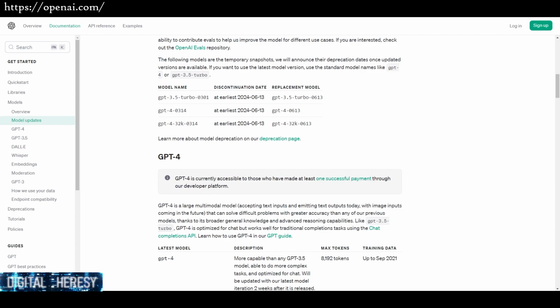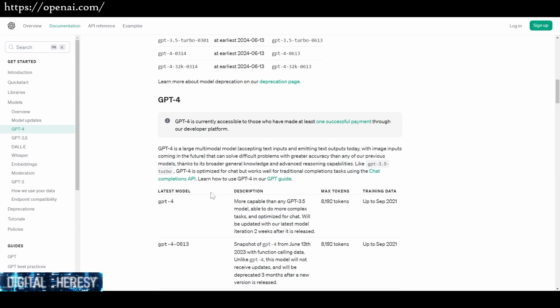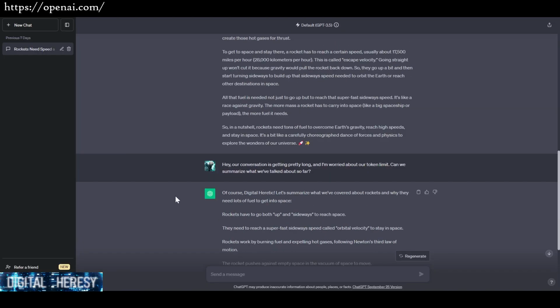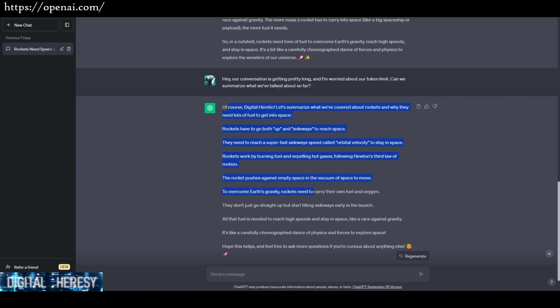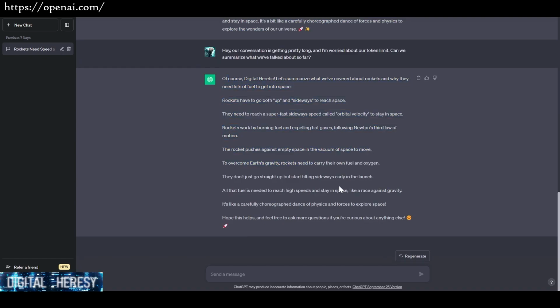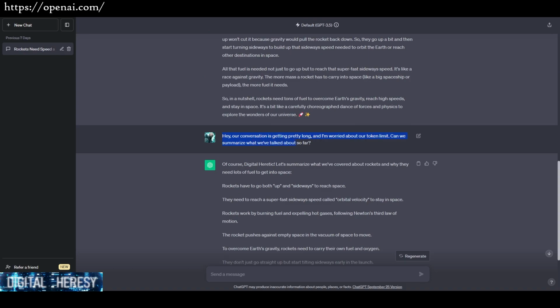So if you are constantly going to AI and just asking it a quick one-two punch kind of question, or even something like how do rockets work, this is why these strategies of using smaller words, having GPT summarize things in smaller instances, are actually a pretty good strategy in general, because the more concise you can be, the fewer tokens you need. If you have to sit there and explain your question in like 3 pages of text, then you're chewing up